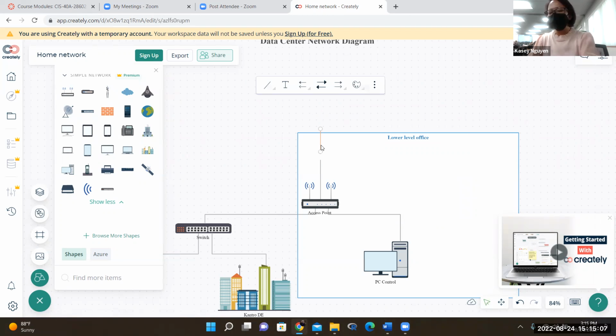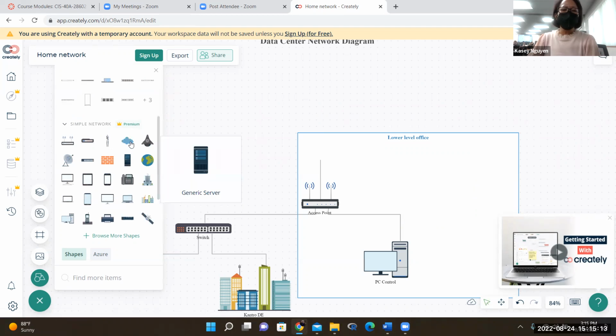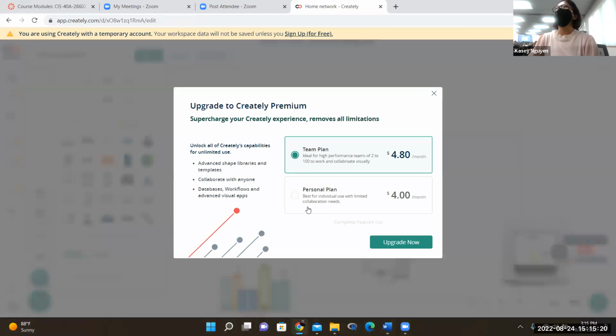So the line would represent the cable. My access point is going to be connecting to the cloud. That means that my internet service provider, so I can just drag the cloud and